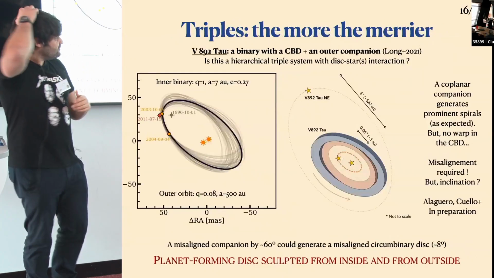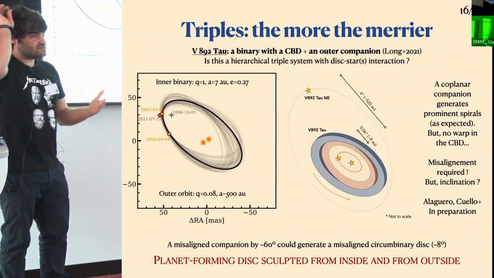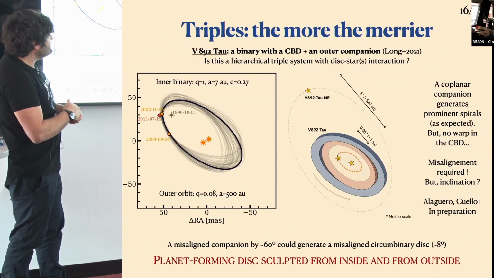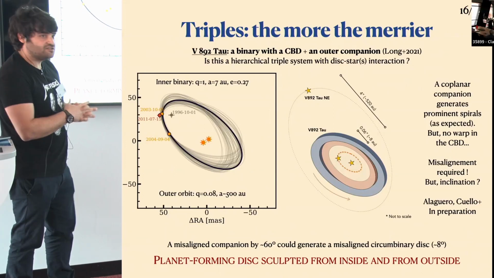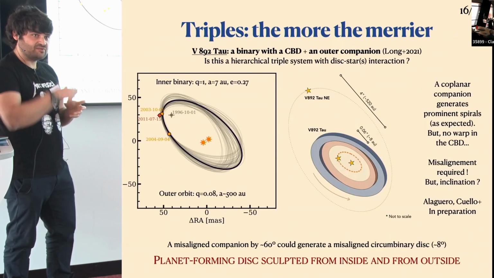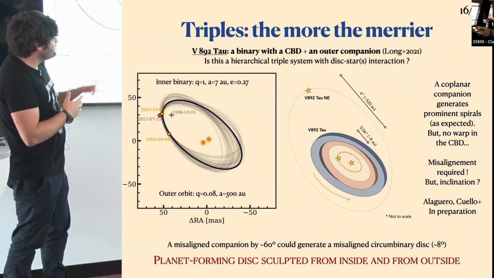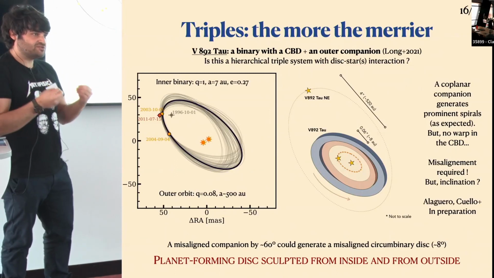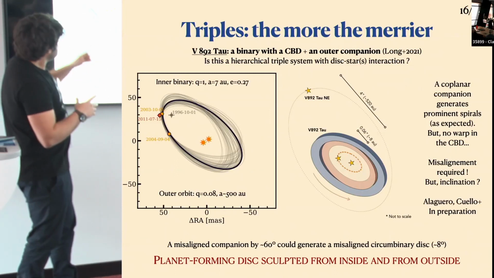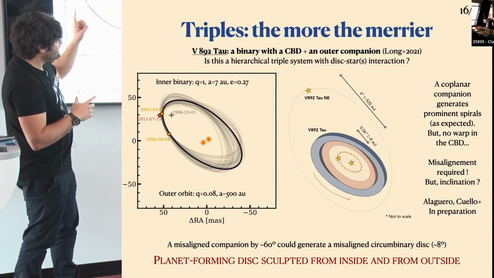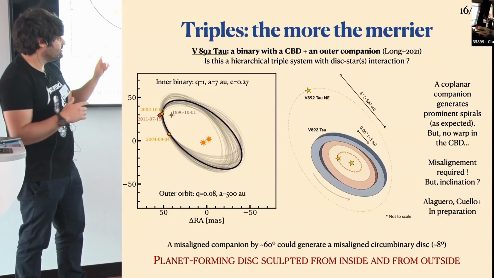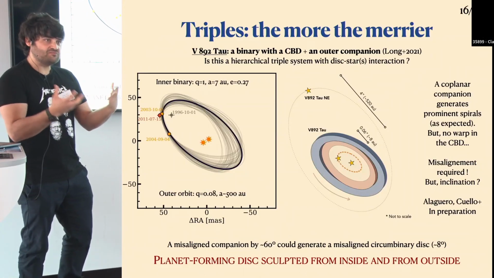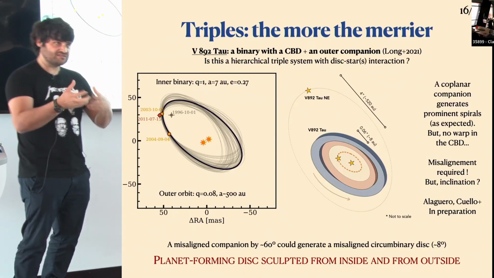And now, recently, we moved to triple stellar systems, because the more the merrier. We have fun putting more stars in there. This started when we started working with Simone Ceppi, who is at the back of the room, and he did the implementation in Phantom to have hierarchical configurations of triples. I will talk about his work later. But this is ongoing work we're doing with a PhD student in Grenoble, Antoine Alaguero, where we basically have this system. Again, we're choosing a laboratory that will give us good information and something to play with.